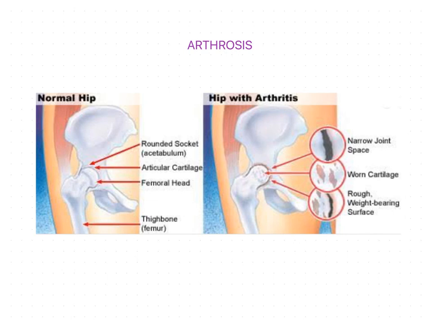Here you can find the normal articular cartilage. Here you can find the worn cartilage, and subsequent related changes in articular tissues also. Here we can see the narrow joint space and rough weight bearing surfaces, because all these are caused due to wear and tear. So when a joint has such features, it is known as osteoarthritis or degenerative arthritis.